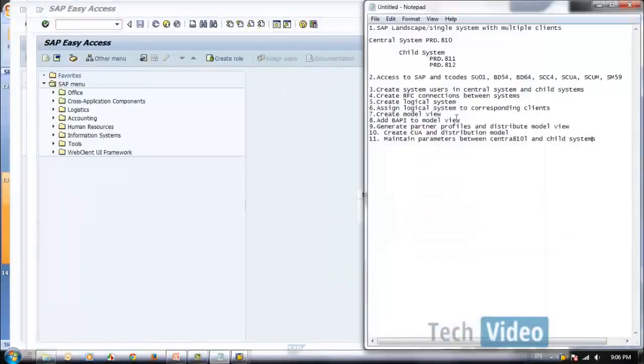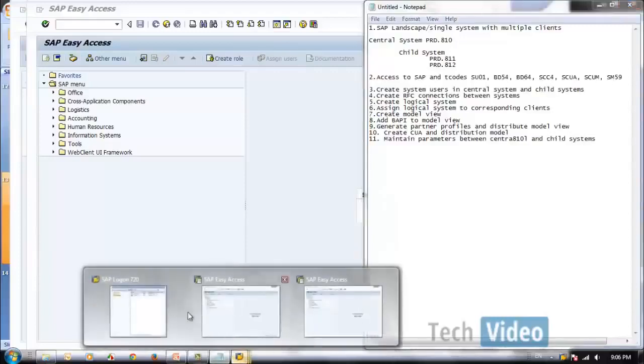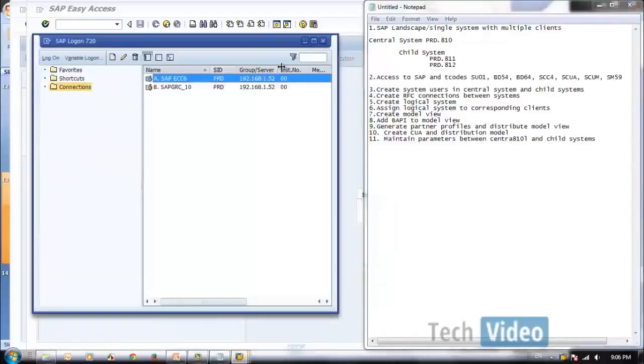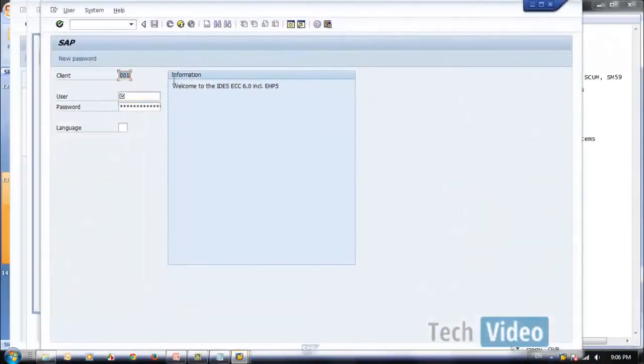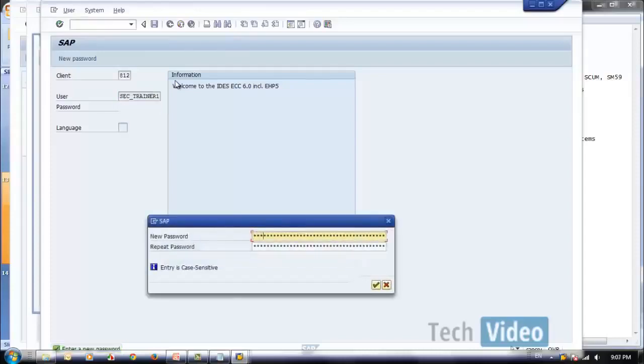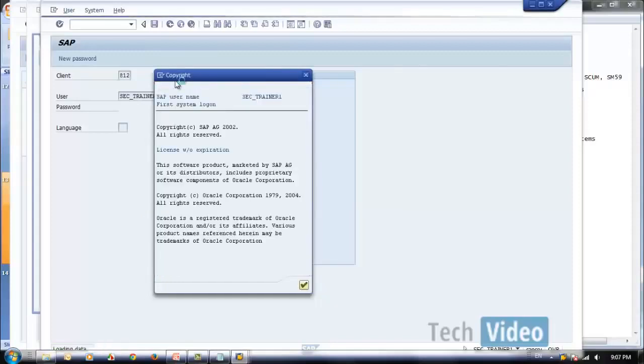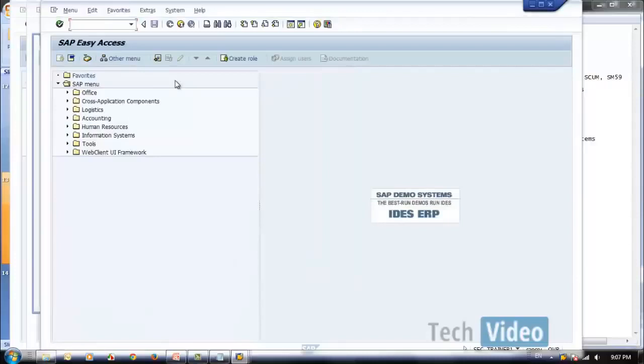Then the second child system, that is 812. Okay, this is fine.